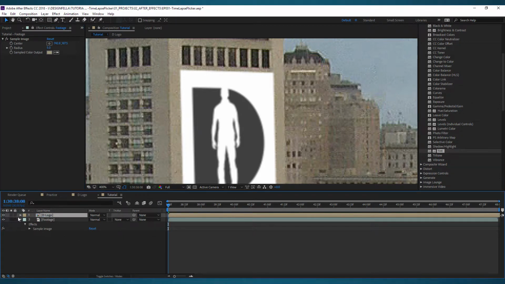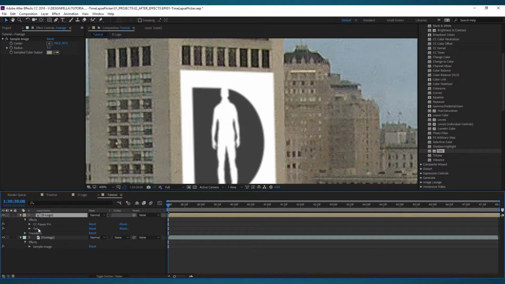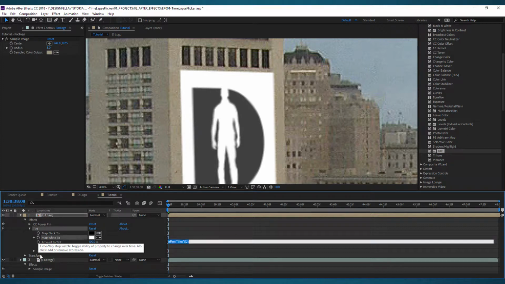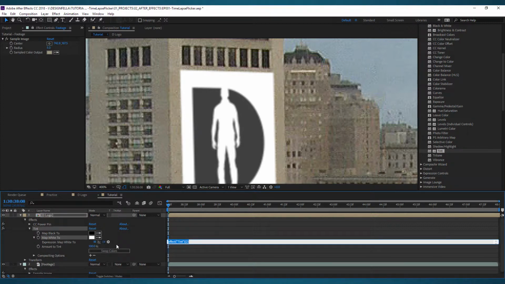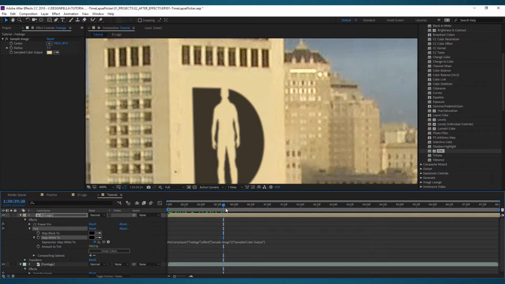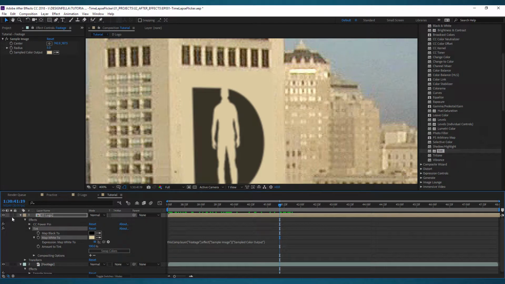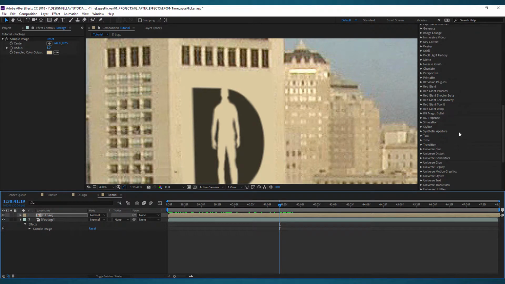Now come back to our D logo and open up the effects, tint, and hold down Alt or Option on Mac and click on the stopwatch, grab the pick whip and drop it onto the sampled color image. Now if we scrub through, the background for this sign changes,